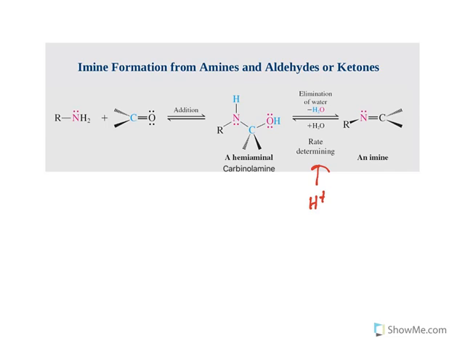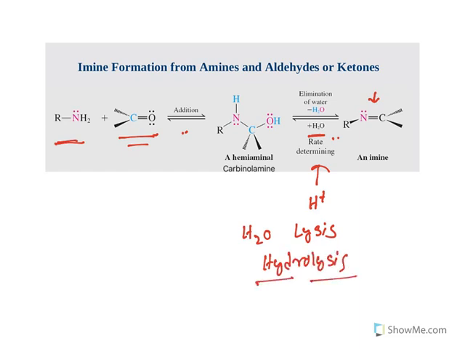Now the other thing, look at this, the entire reaction is a reversible reaction. At any point of time imine can get converted back to amine and a carbonyl compound. Now, how does it happen? By addition of water, the bond breaks down and results in the formation of a carbonyl carbon and amine group. Now, because water is causing lysis, lysis means bond breakdown, this is called hydrolysis. Hydro means water, lysis means breakdown. So, by adding water to this compound, hydrolysis occurs and it results in carbonyl as well as amine generation.